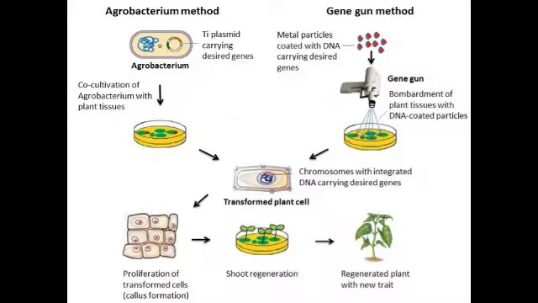So you already learned about vectors in the Zoom class. In this video class, I am going to teach about methods of gene transfer in plants. The next step after the recombinant DNA molecule has been generated is to introduce it into a suitable host. So the rDNA is introduced into the suitable host, as a method of gene transfer in plants or any organism.